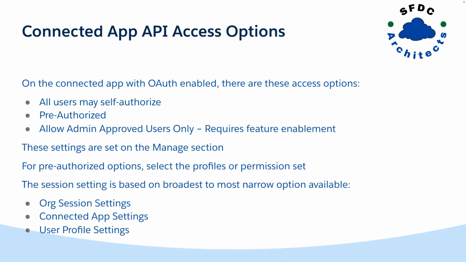This one requires a feature to be enabled. You have to raise a case with Salesforce. They enable the feature, and once it's enabled, you can start using it. I'll talk about that in a little bit. But all of these sections are in the Manage section for the connected app, and I'll show you that in just a second. And for the pre-authorized options, you can select what profiles and permission sets have the ability to use